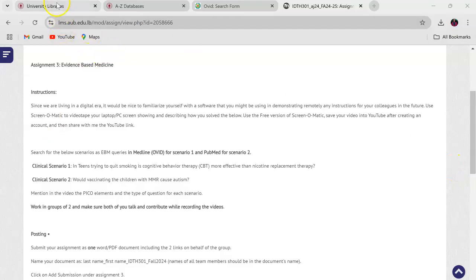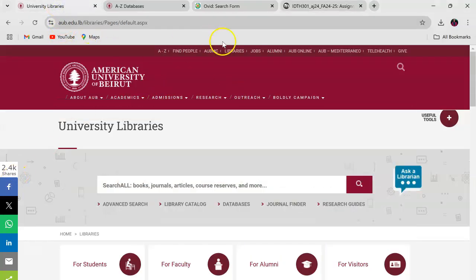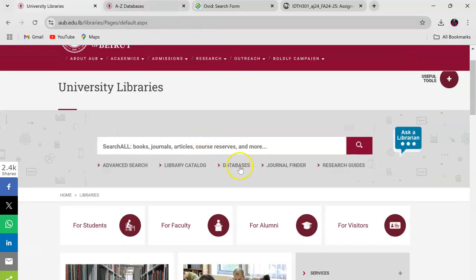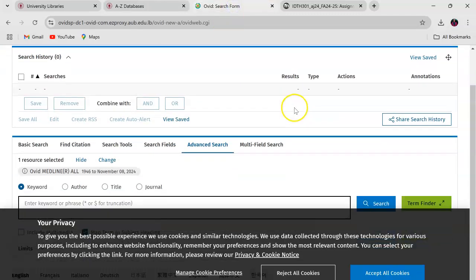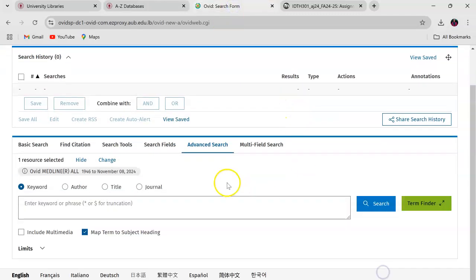So ideally, I'm going to go to university libraries. Here, when I click university libraries, I'll check databases and this window will pop up, and under databases for query 1 we are going to use Medline. I'll open Medline. I click Medline, this shows up, and now in Medline I'm going to search my query 1